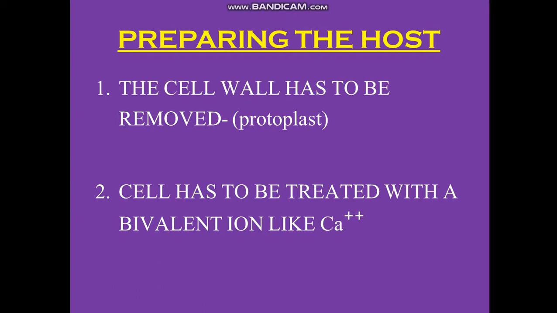Okay? But this will not happen until this stage. What has happened? The cell wall has been removed. Protoplast is ready. Protoplast is being exposed to the DNA. It is repelling because again the plasma membrane is presenting a barrier, as it has a hydrophobic end, so it will not allow the negatively charged DNA to enter. So what we have done, in the second step, is treat the plasma membrane with a bivalent ion, which decreases the hydrophobic nature and allows the entrance of negatively charged DNA into the cell.